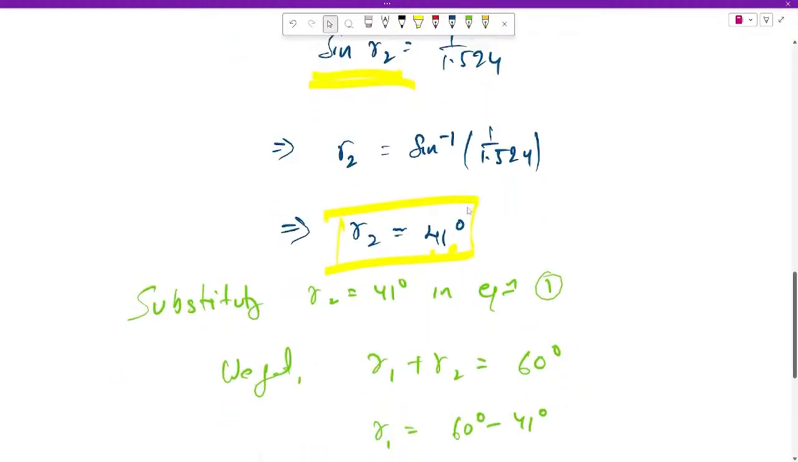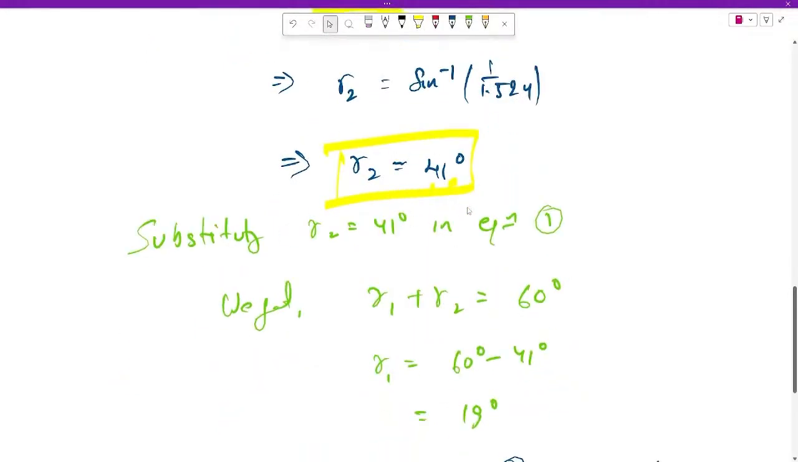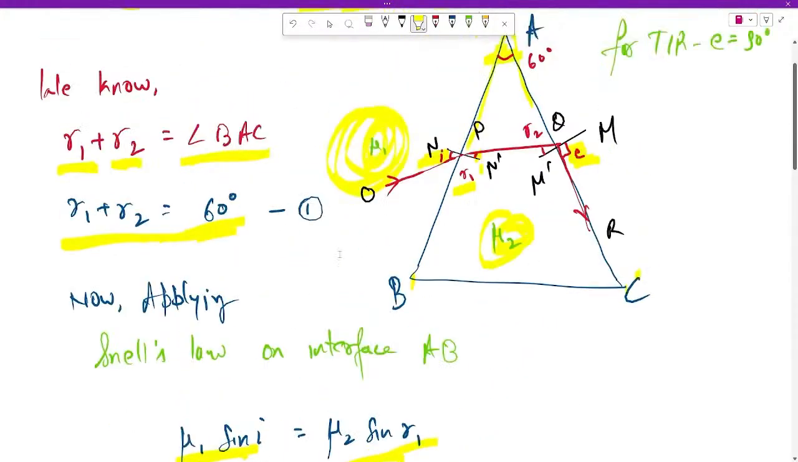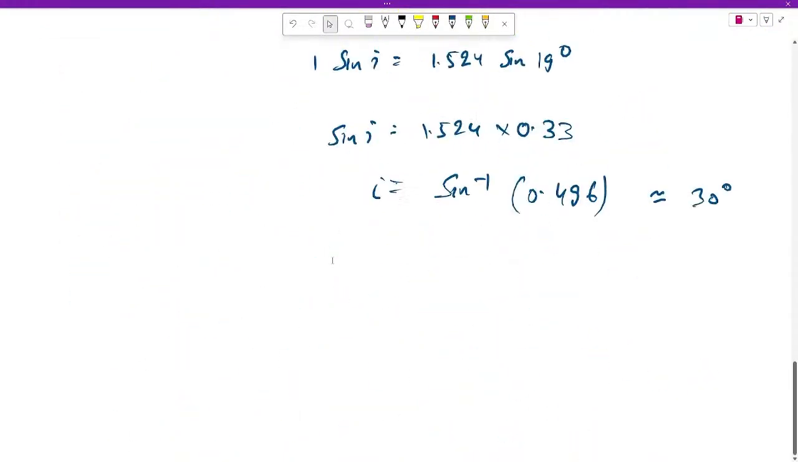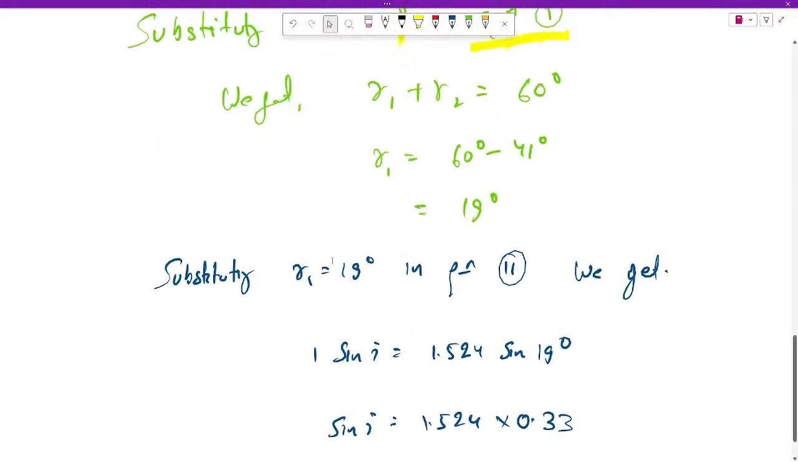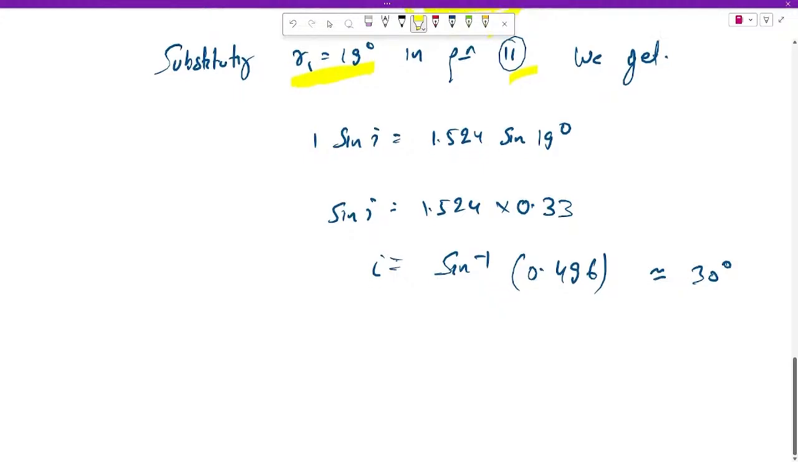Now substituting this value r2 equals 41 degrees in equation number 1, that was r1 plus r2 equals 60 degrees, we will get the value of r1 as 19 degrees. Now substituting this value of r1 as 19 degrees in equation number 2, we will get the value of i. So solving for the value of i, we will get the value of i as 30 degrees. Thus for the angle of incidence of 30 degrees, we will get the total internal reflection on the second face